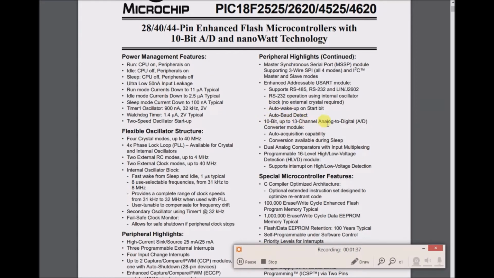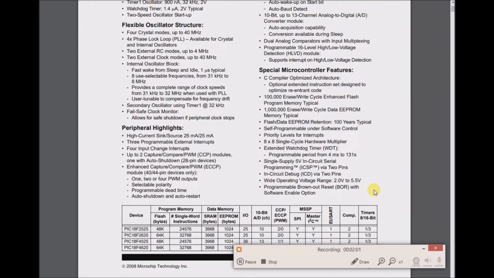10-bit, up to 13-channel analog-to-digital A/D converter module, auto-acquisition capability, conversion available during sleep, dual analog comparators with input multiplexing, programmable 16-level high/low voltage detection module, supports interrupt on high/low voltage detection. Special microcontroller features: C compiler optimized architecture, optional extended instruction set designed to optimize re-entrant code,